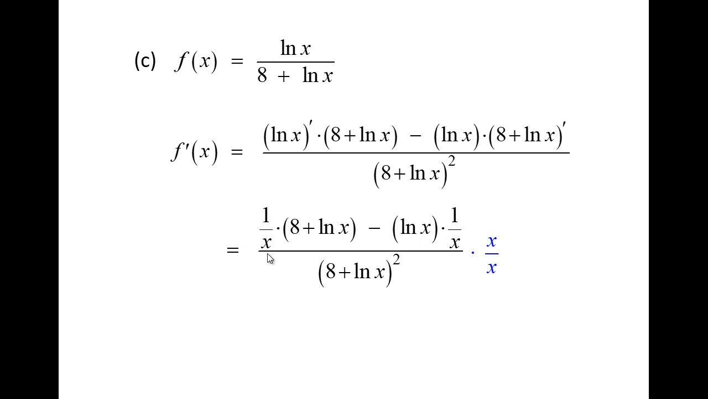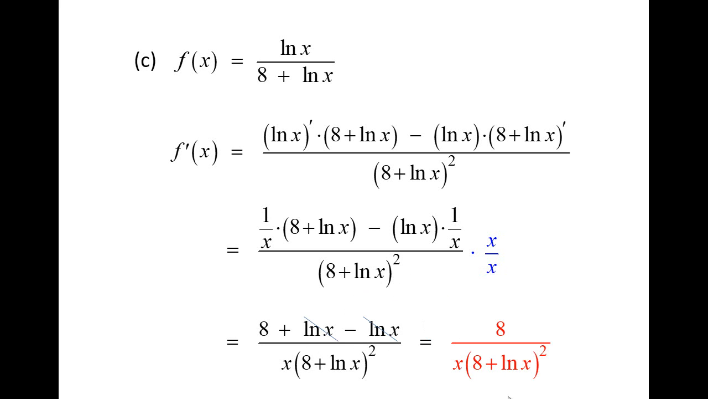And to simplify that, I'm going to multiply by x over x. So that way we get rid of the x's in the denominators here. When you multiply x with this, you cancel out the 1 over x, and when you multiply x with the other term, you cancel out the 1 over x there. So you get 8 plus ln of x minus ln of x. Here you get x times this, and then ln of x cancels out. You get 8 over x times 8 plus ln x squared. Okay, so that's the